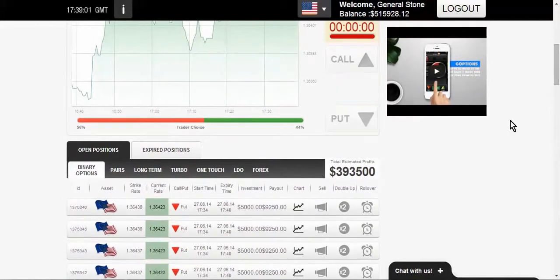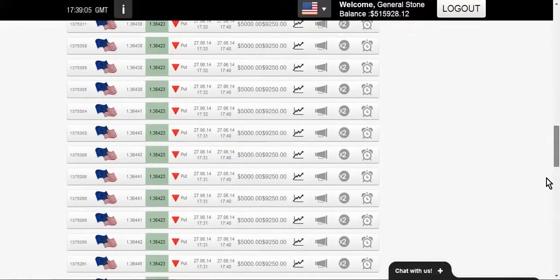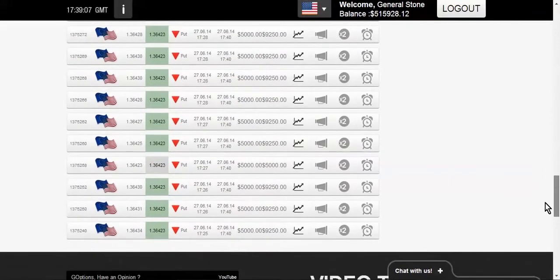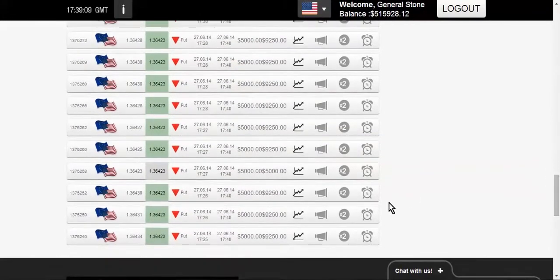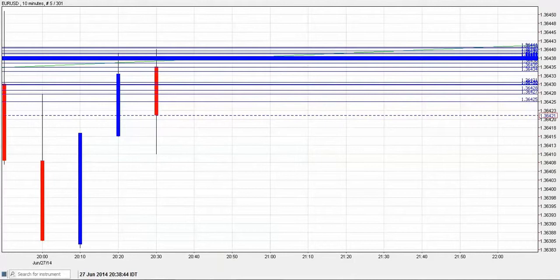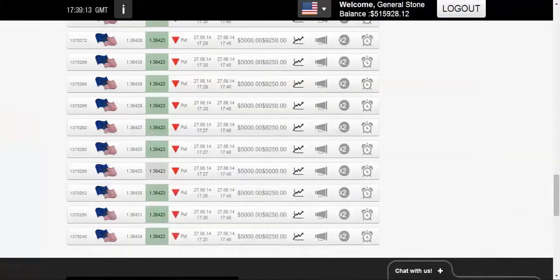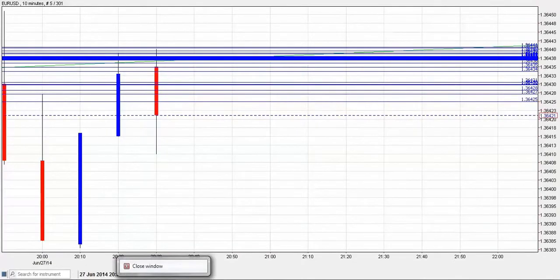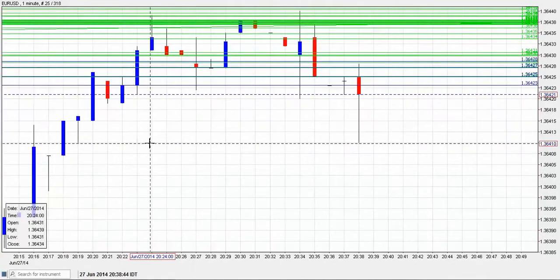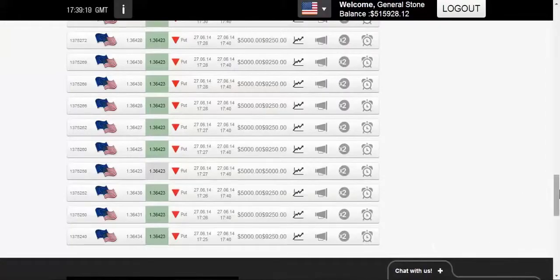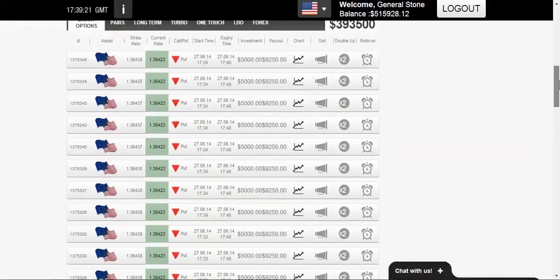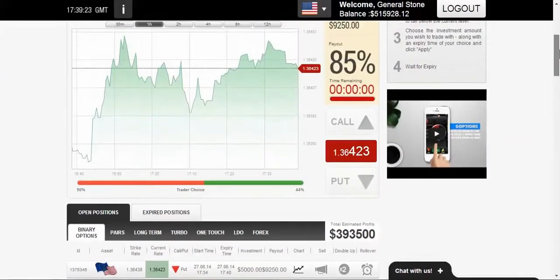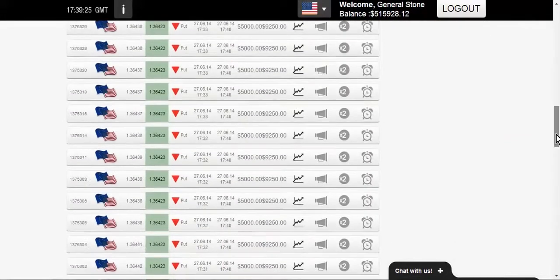$215,000 open risk, $260,000, $270,000 and more potential profit. And look at that, every single position in the green except for one that's at the money. We can see that that's looking quite likely to come into the money for me before expiry. We'll go back here. We've got less than a minute to go, and if that one last trade can just